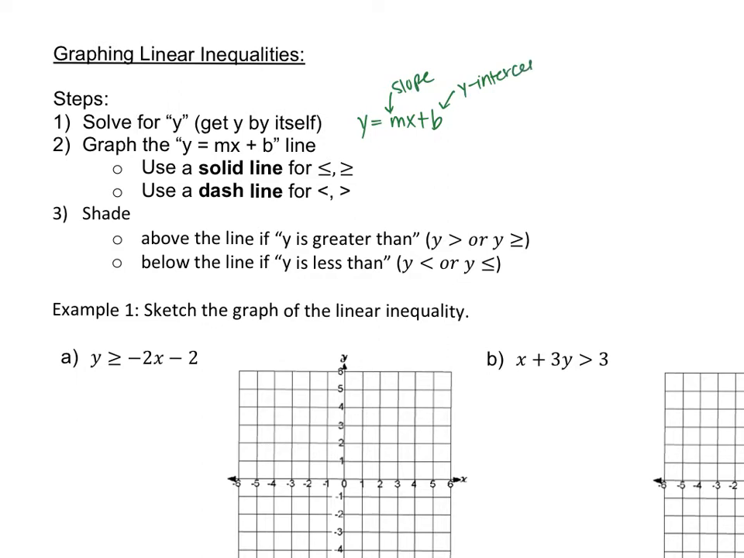When you solve for y, that means you'll get y by itself. When y is by itself on one side, it's easier to tell what your slope is and your y-intercept, which makes it easier to graph. So